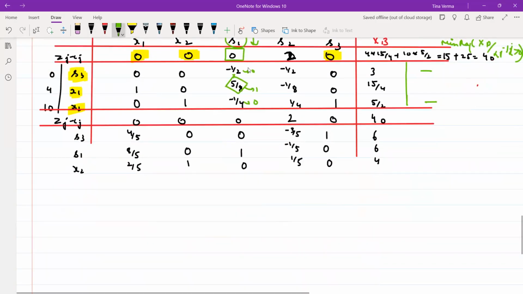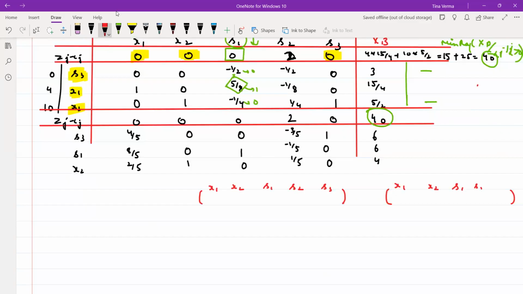Now you can see your optimal value still has the same answer, but your optimal solution has changed. So what earlier was the optimal solution, if I write here x1, x2, s1, s2, s3, because we got two solutions: in the earlier situation, I had x1 as 15 by 4 and x2 as 5 by 2. S1 0, S2 0, S3 was 3. And in the next situation, I got X1 as 0, X2 as 6,